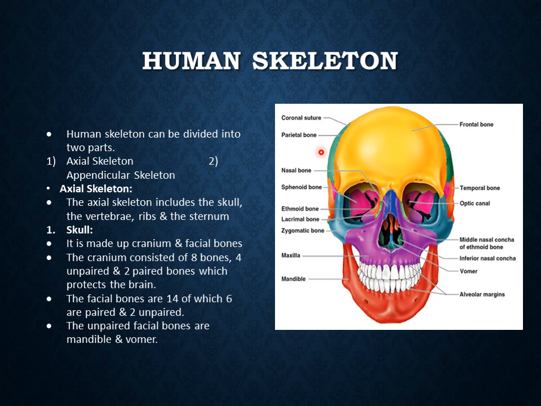The facial bones are 14, of which 6 are paired and 2 are unpaired. Which ones are the unpaired bones? These are very important points. The mandible is an unpaired bone in the facial bones. And that bone known as the femur, present here, is an unpaired bone of the human skull, facial